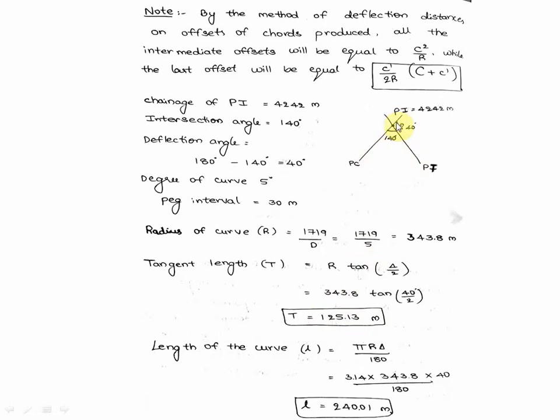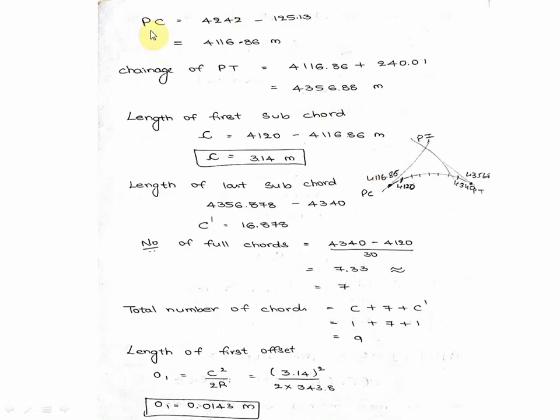So point of curve PC equal to chainage at point of intersection minus tangent length, that is 125.13, you will get